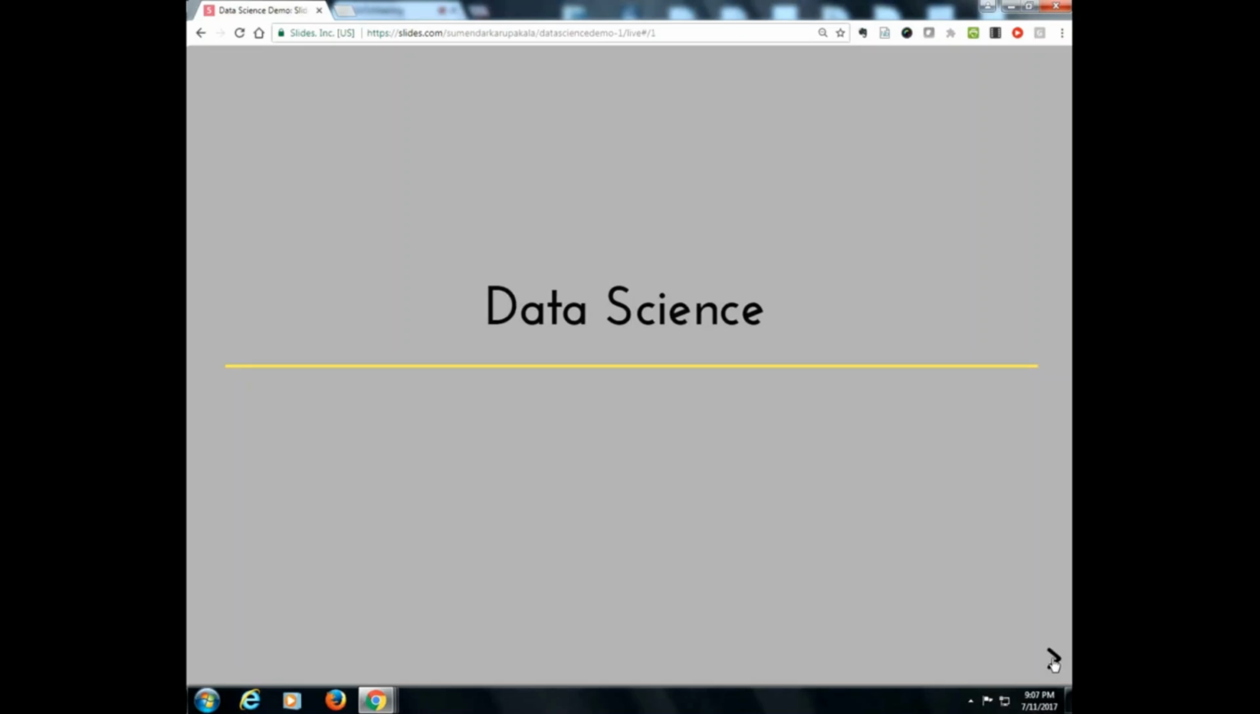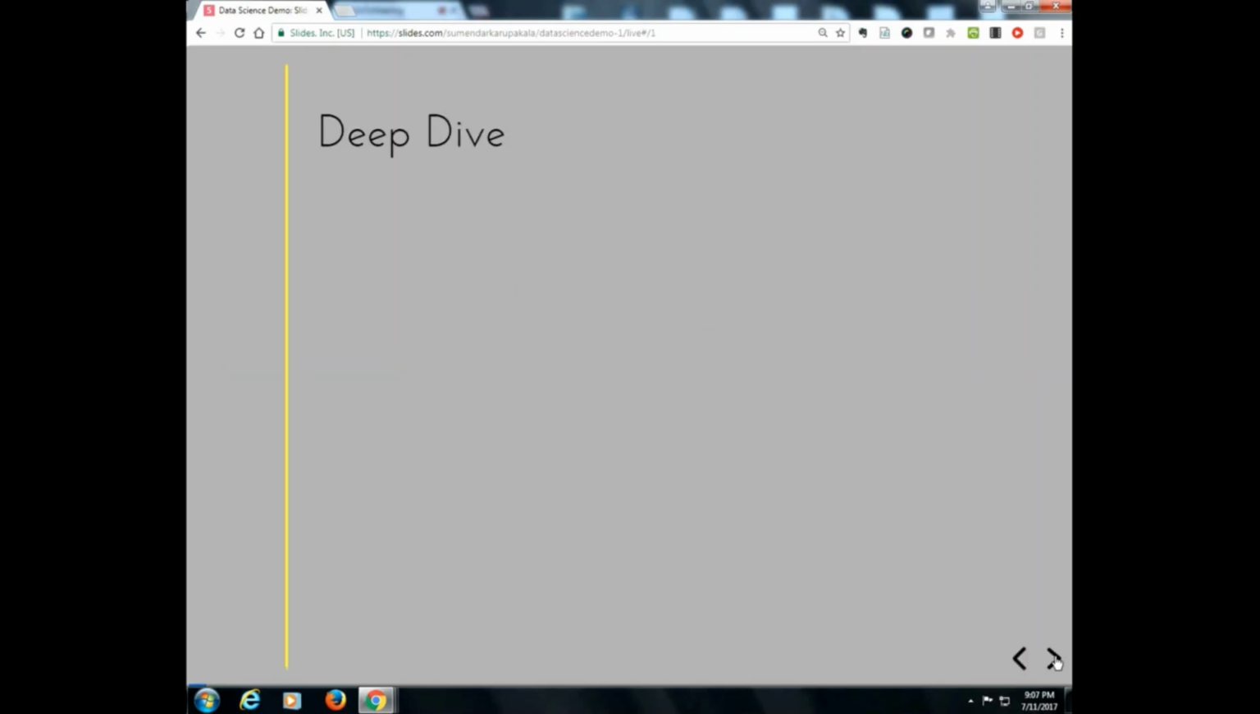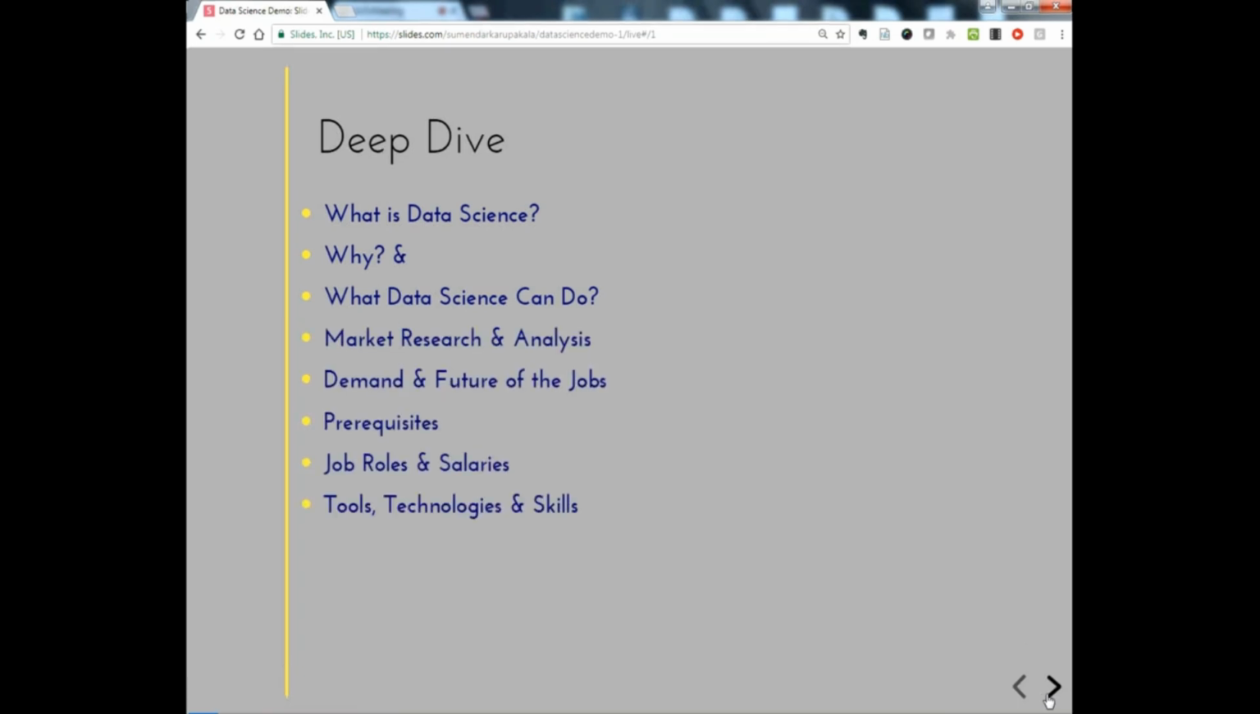Generally, before that, let me talk about the introduction to data science. What does data science actually mean, and what can data science do with data? Slowly moving on to market research and analysis, the demand and the future of the jobs, especially if you are not aware of how the job demand is. What are the prerequisites? What are the actual skills we should learn